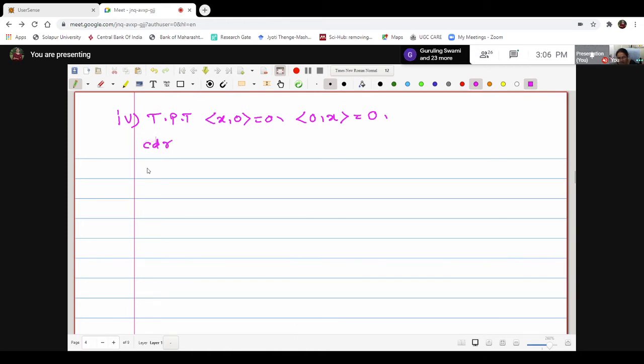Okay, let me first start with inner product of 0 with x. Now what I will do, I will write this 0 as 0 into some vector y. Correct? This is 0 into some vector, here I write for some y in the inner product space. Now if I am writing this, here 0 plays a role like a scalar. Now we know with the linearity property, this scalar can be taken out. Therefore, I will write here it as 0 into inner product of y with x.